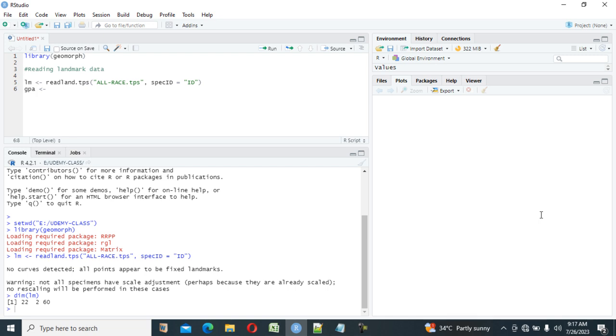This operation, called superposition, eases comparison of configurations by removing variations associated with differences in their location, orientation, and size. All right, so what you want to do now is to perform that. Let's call a GPA now. So just use a very simple